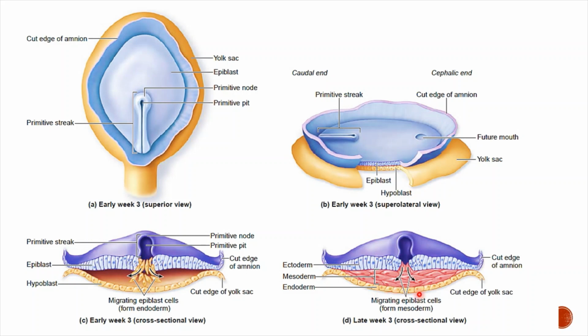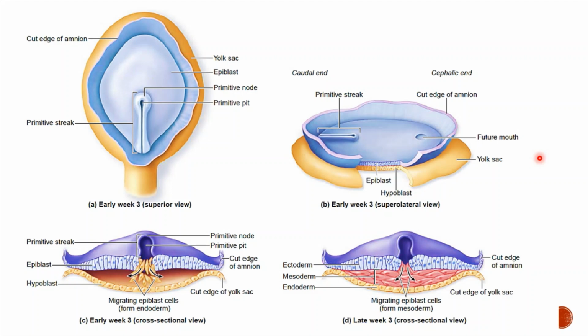All these three layers of the trilaminar disc come from the epiblast of the bilaminar disc. So all three layers of the trilaminar disc of the embryo originate from the epiblast of the bilaminar disc. So this process is what we call gastrulation. So remember, gastrulation starts with